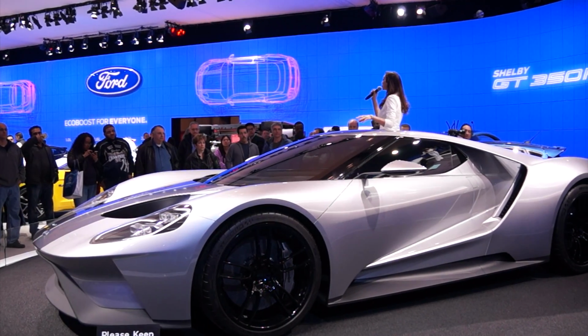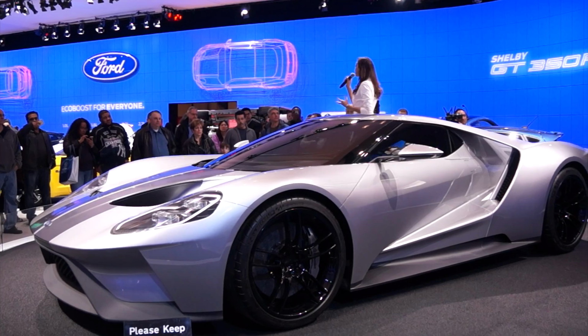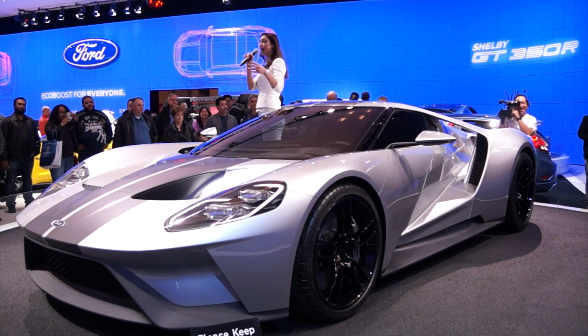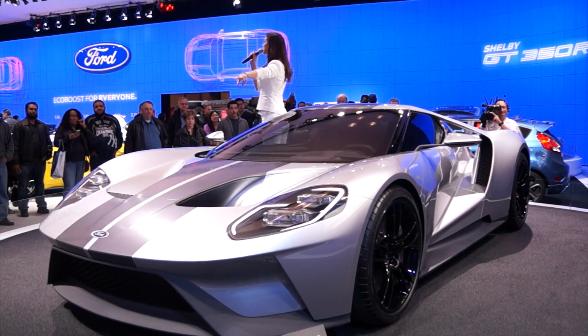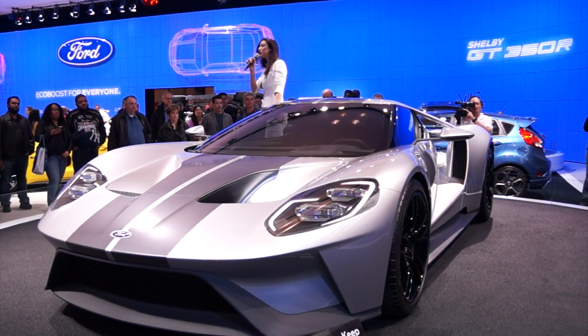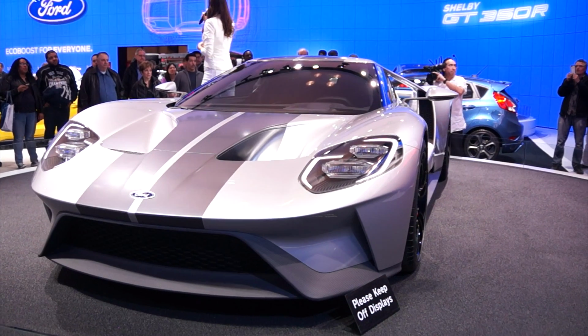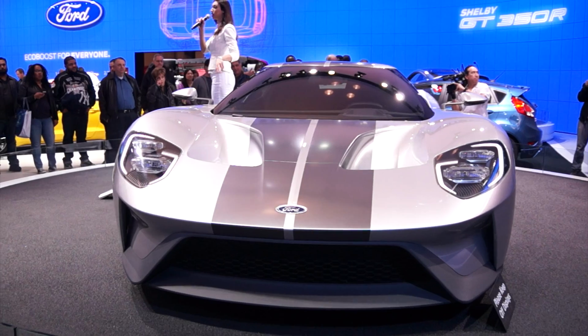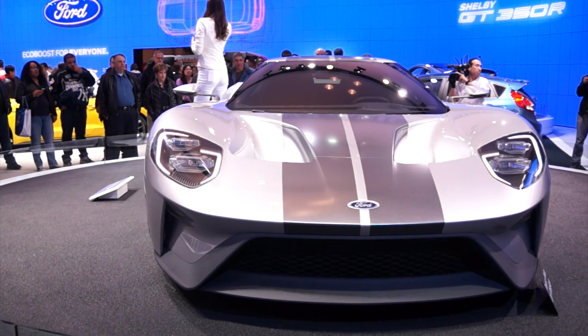It was not made purely for aesthetics. It was made for performance, for aerodynamic efficiency. So every feature has a function, every inlet has an outlet. Our nostrils up in the front are actually cooling the radiator. These side hubs in the back here are pulling air into the intercooler to pull off the air for those turbos. We have air curtains built into the structure of the vehicle,